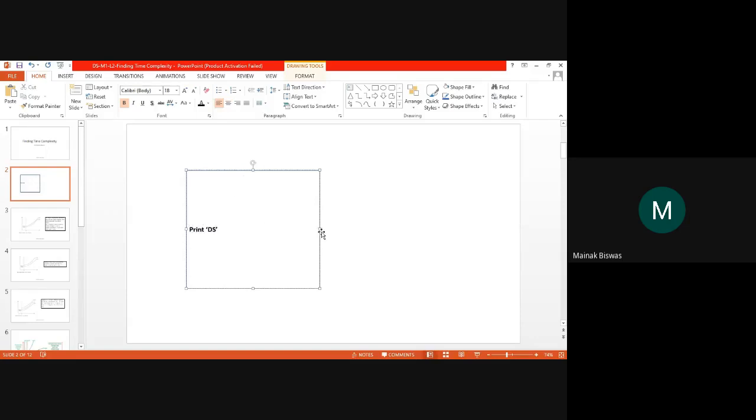So this is a simple code, and it only prints one line. Let us say it's the output. It's an output of one line, and this is our function actually. Let us say we put it as the main function.